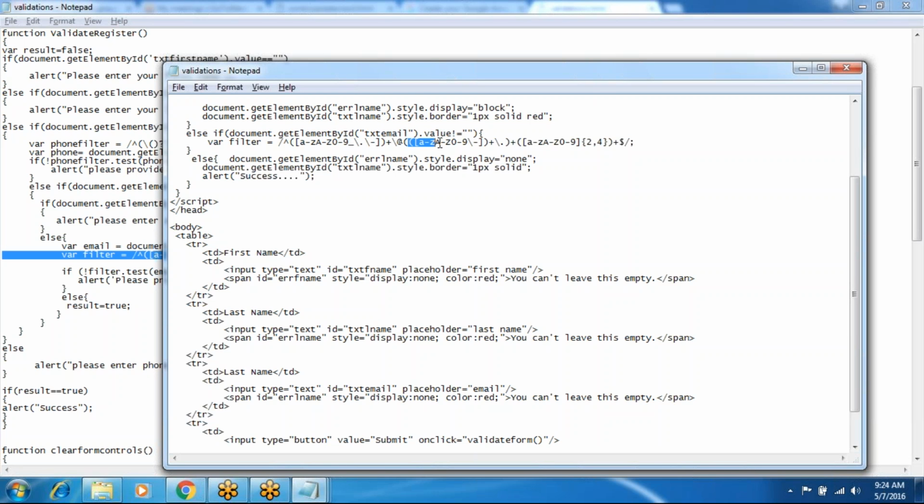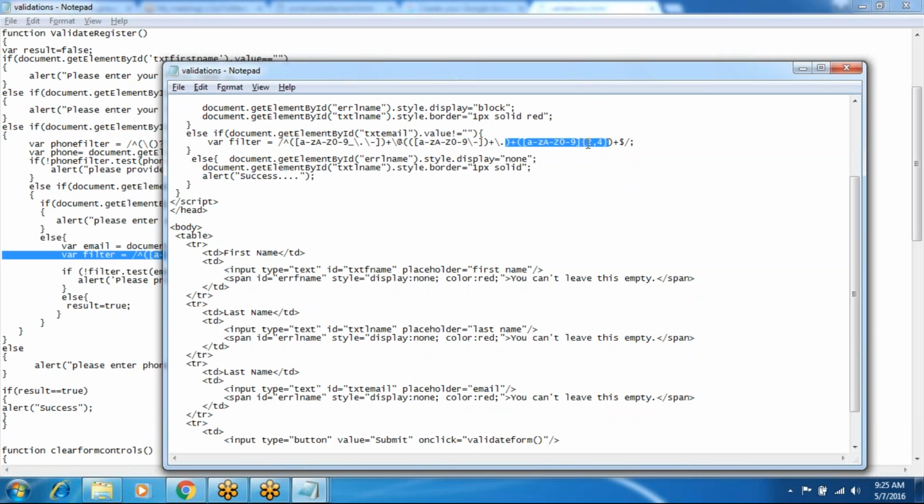After the at the rate it will accept small a to z, caps A to Z, 0 to 9 and hyphen. After the dot it will accept .com or .org or .in.